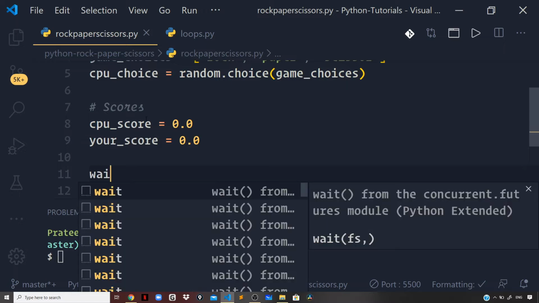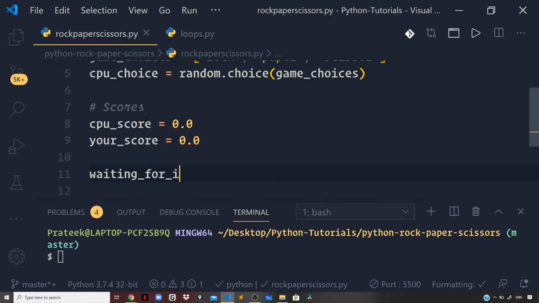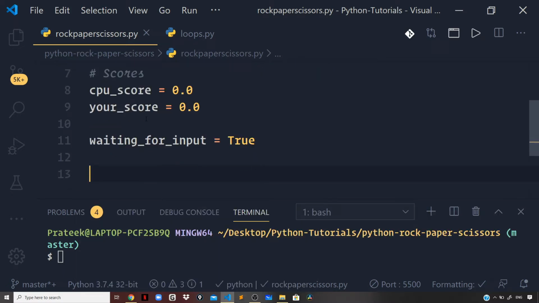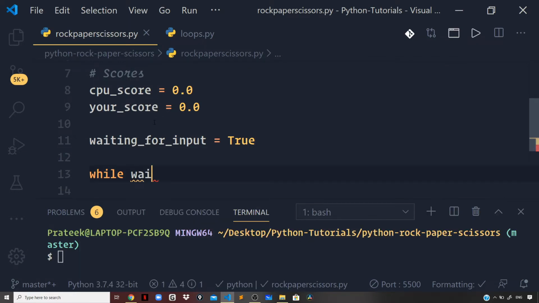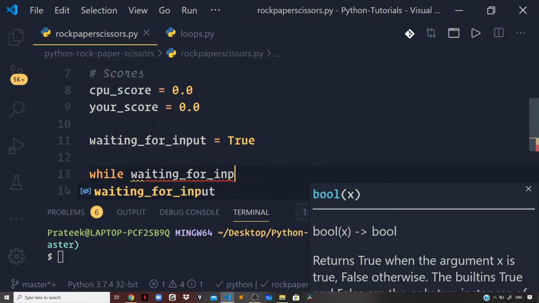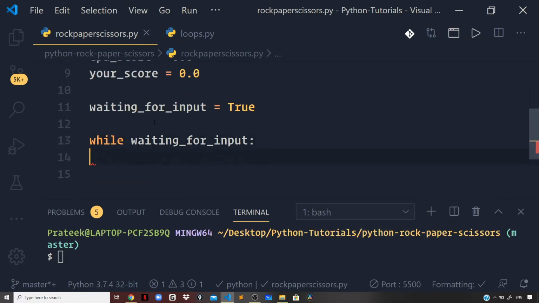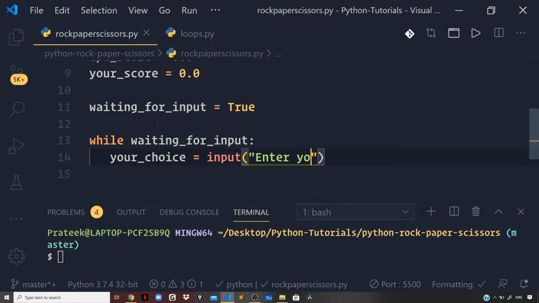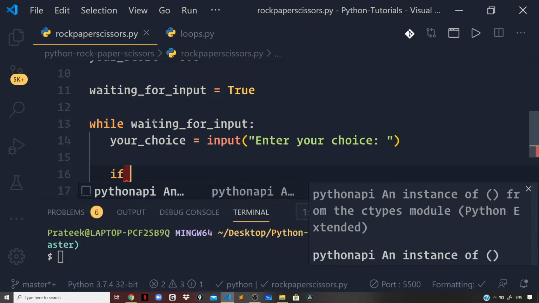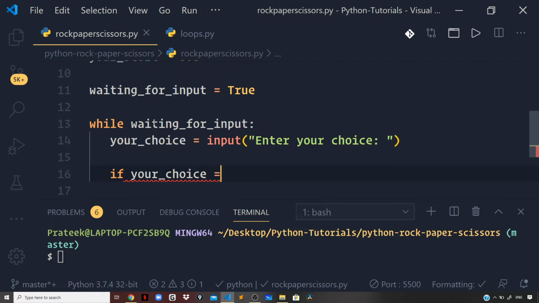Now let us define a variable waiting_for_input. So currently we are waiting for input, so I'll set that to True, and then we will define a while loop, as long as we are waiting for the input, the code block that we will define within the while loop will run. So I will define a variable your_choice and use the input function, and then I will ask for the choice from the user. So enter your choice, and then if your choice matches with the CPU's choice,